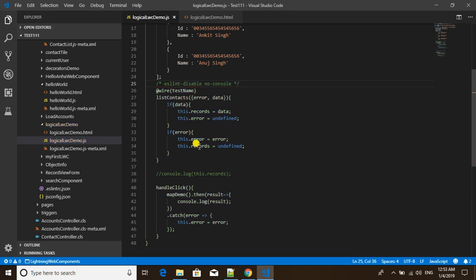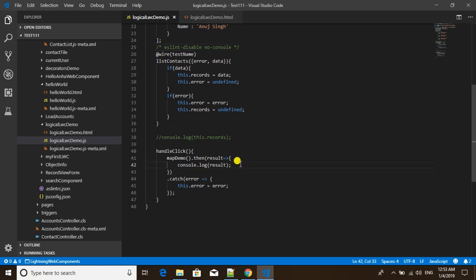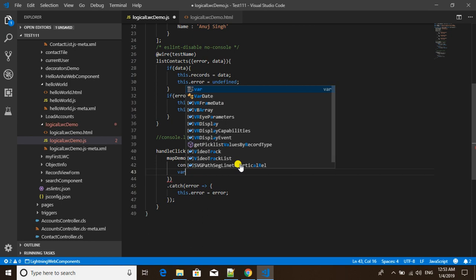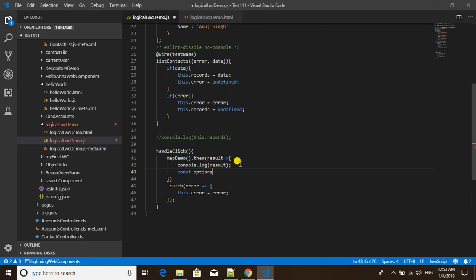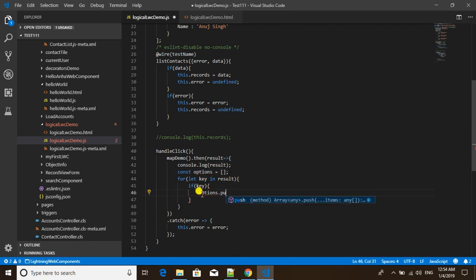Okay, cool. Now as we are able to get that, we can just create a constant variable here. I will name it options. As you know, what we need to do is put a for loop, and we were using let key in, and what are the values, maps. And here what we need to do is check if we have a value in key, then we need to use options dot push,